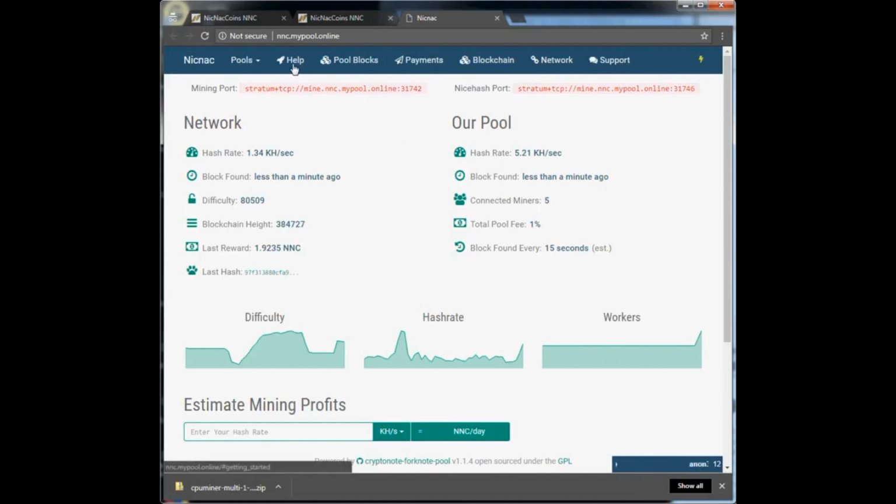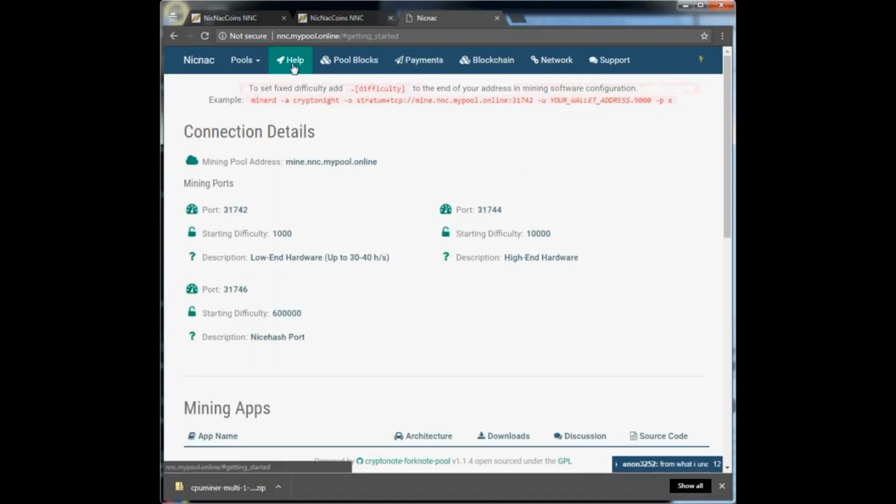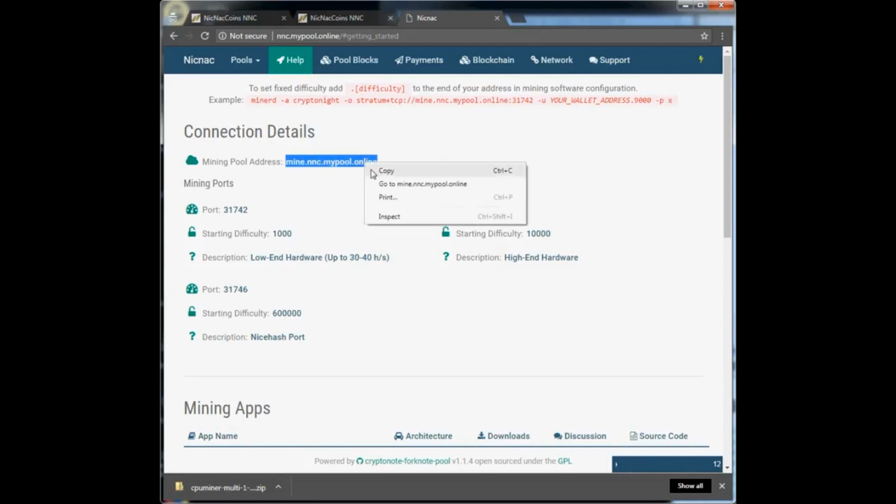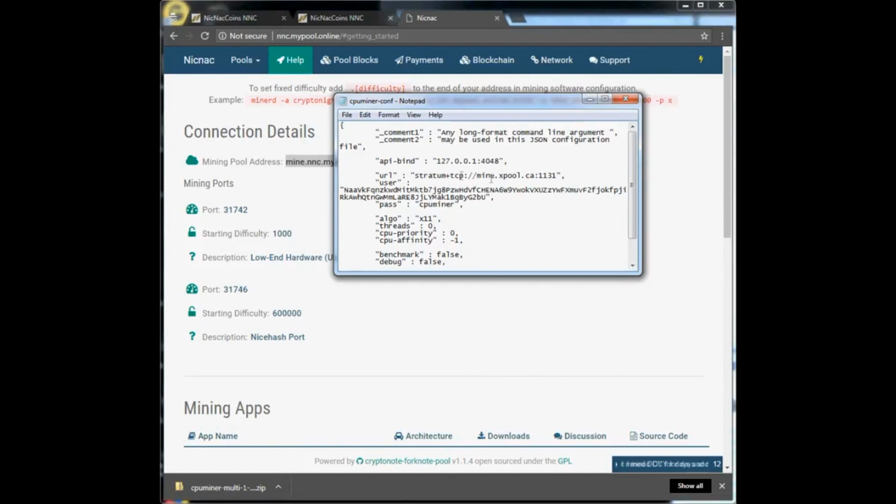There is a link here that says help. If you click on that help link, it's going to take you to the mining pool address, and we're going to just highlight that mining pool address, and then we're going to paste that mining pool address right there. Great, and once you have that pasted,